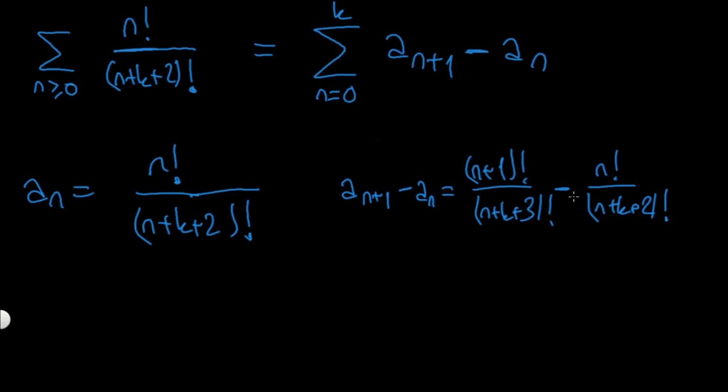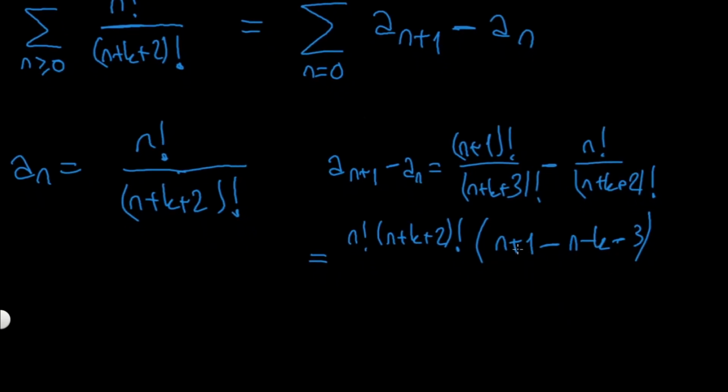So if I multiply this, I can notice that n factorial and n plus k plus 2 factorial is common. So if I do this, I will get n factorial and n plus k plus 2 factorial as common. And for this one, I need only n plus 1. And for this one, I need n plus k plus 3, so n plus 1 minus n minus k minus 3. So meaning this thing is just minus k minus 2. Let's just delete this and say minus k minus 2 over